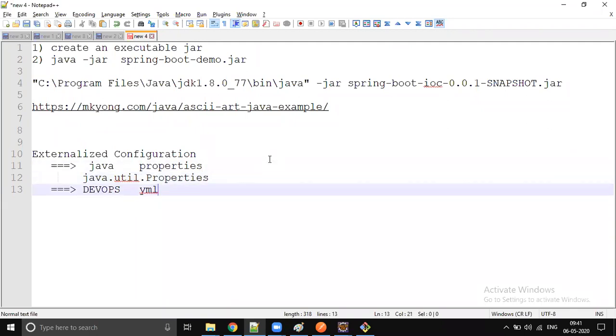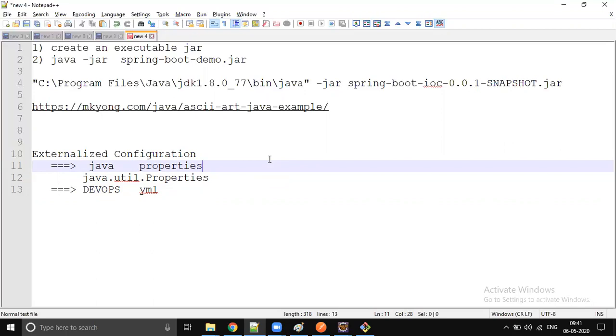But there is no difference between a properties file and a YAML configuration. The configuration looks a little different, like how we have XML configuration and Java configuration. It looks a little different, but both are the same. But if you're new to Java, new to properties file, then start with the YAML configuration. And Spring supports properties file configuration a bit more than the YAML configuration. I will let you know at which point properties beats YAML with respect to Spring. But from a memory point of view, or performance point of view, there is no difference between these two.